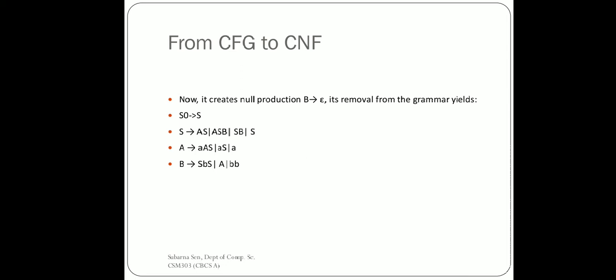So considering the first one, that is capital S derives capital A S B, so we have to replace it with, once it is containing the whole thing, see here, since B is producing the epsilon, so here what we will do, firstly we will write the whole thing, that is S can derive capital A, capital S, capital B, and after that we will remove B and we'll keep capital A, capital S. You can follow this one. Okay, we have written the first one without B and have written the second one with B. The thing is same, right?